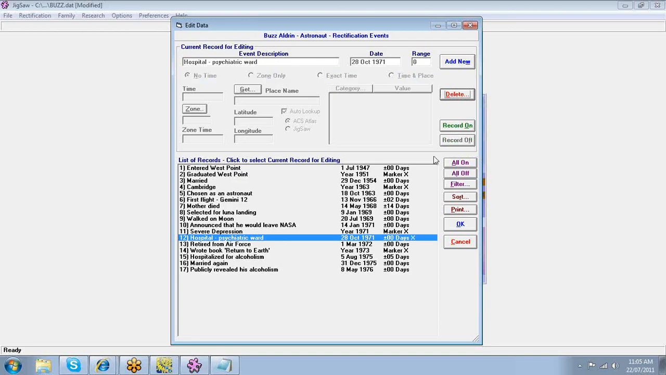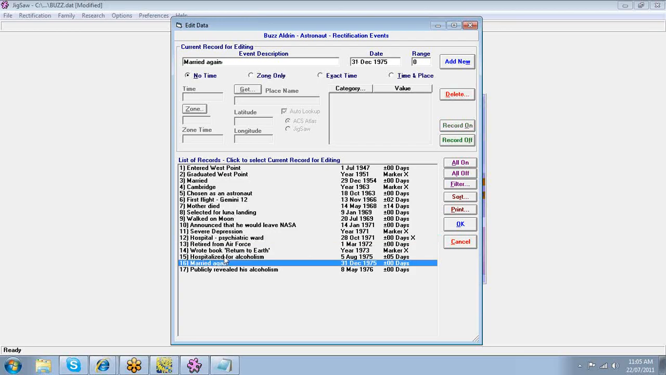Now that leaves the record there. We can put it on whenever we want to with this record on. But what it's doing is it's saying to Jigsaw, well, I want you to rectify on this. It's still there. We'll look when we get to the dynamic chart screen. It's actually still there and we can still use it. And the other one that was married again,